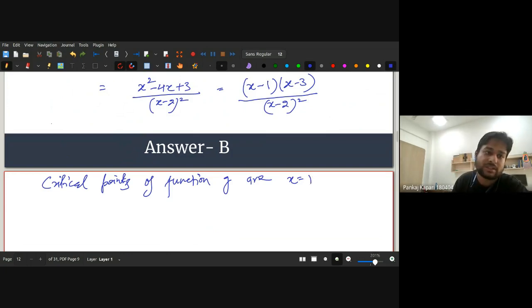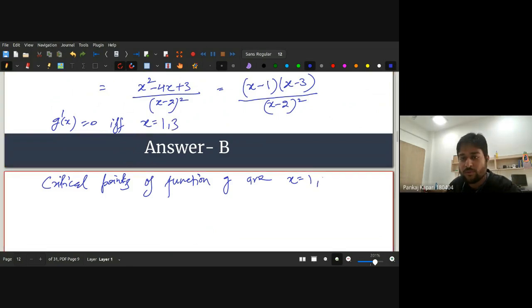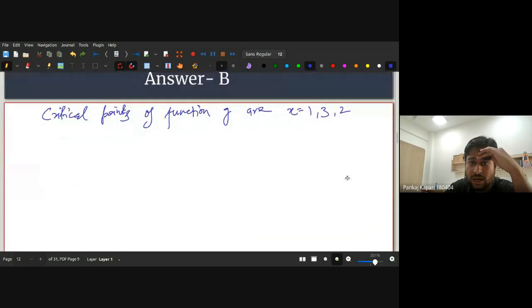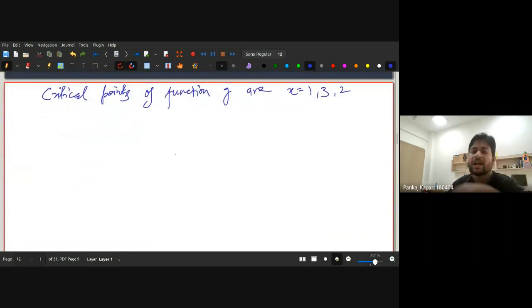So g prime x is 0 if and only if x is either 1 or 3. So critical points are 1, 3, and 2 is also a critical point, because at x equal to 2 the derivative is not defined. So these are critical points, and these critical points divide our domain